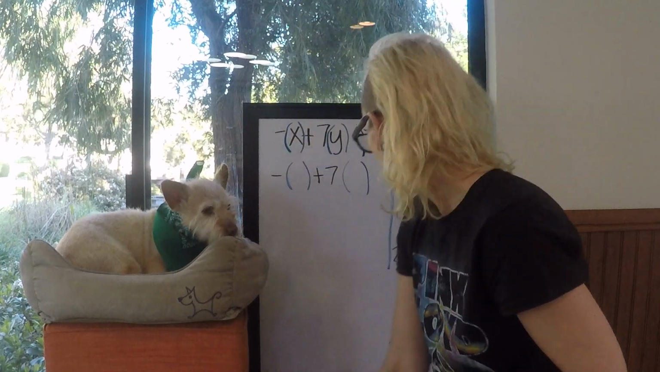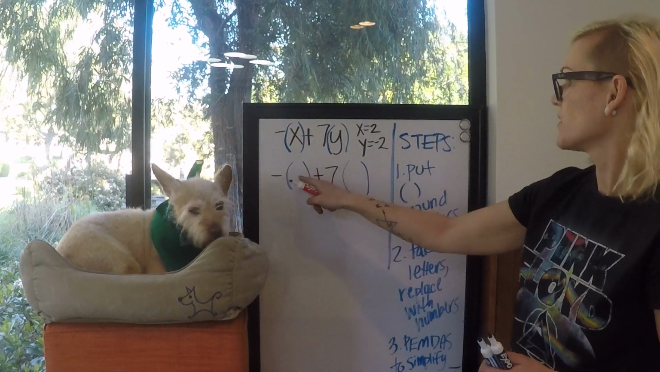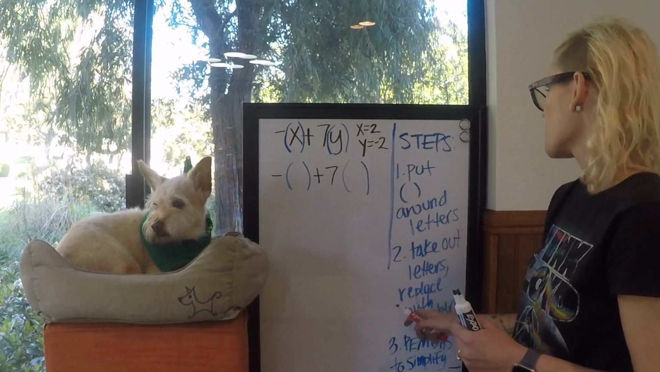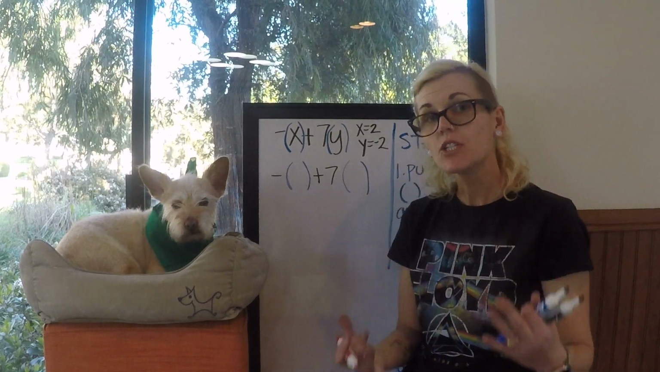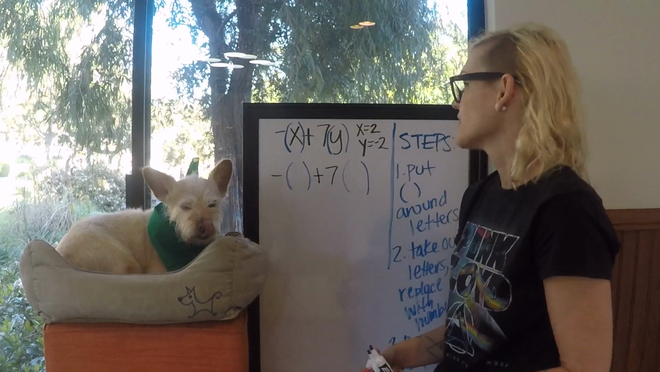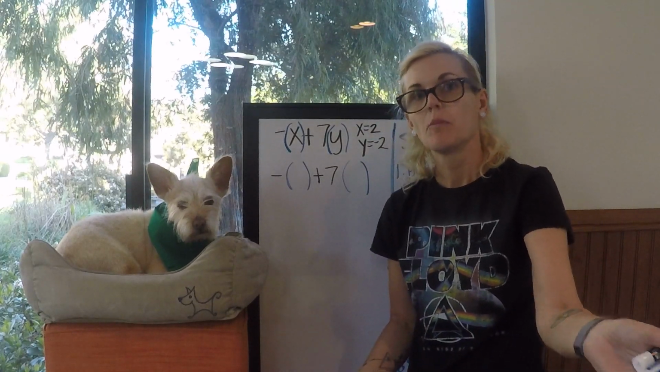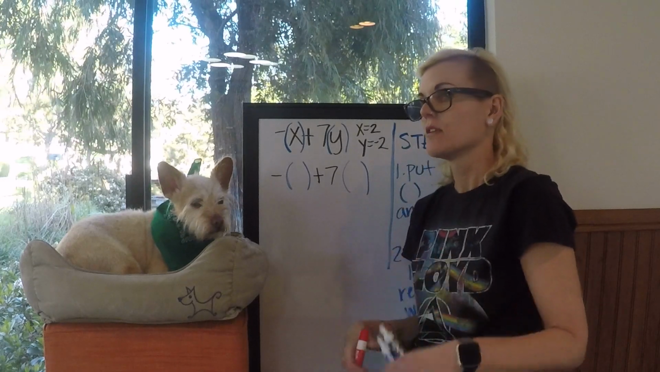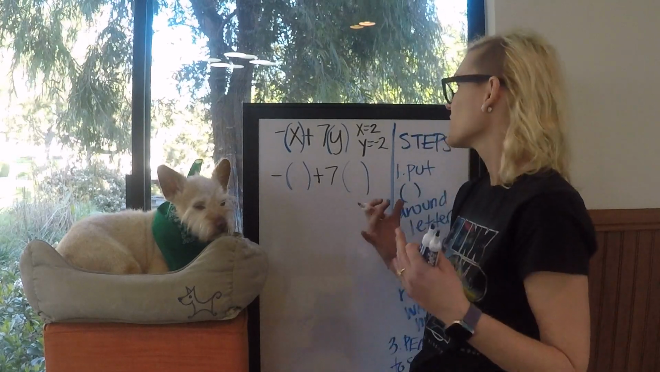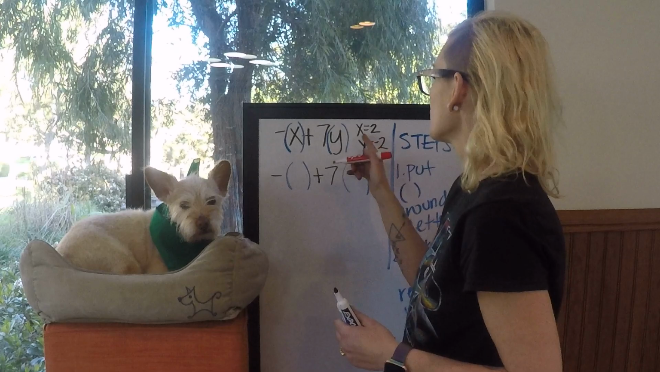Okay, and now I'm going to take out the letters. Okay, I took out the letters, and I'm going to replace them with numbers, making sure you put them in the right spot. I don't want to take out a goalie and put in, I don't know, a forward or something like that. They have to go in the right spot. So 2 goes here,